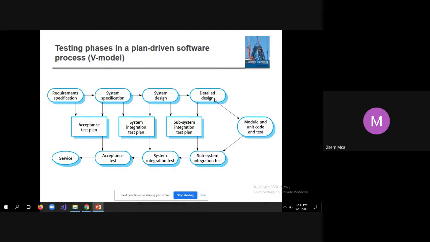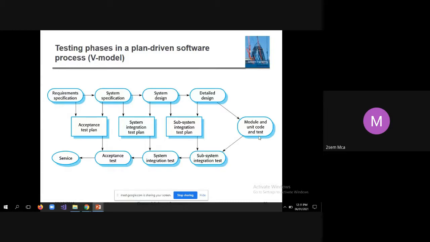Then after finishing detailed design, they can start with the subsystem integration test plan and devise test cases for that. In this way, using this model is more advantageous compared to the waterfall model. Now no one uses the waterfall model; they use either the iterative model or the V model.